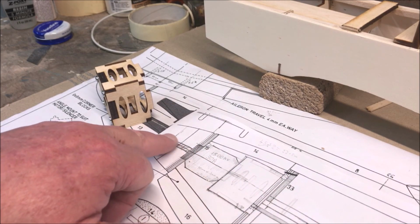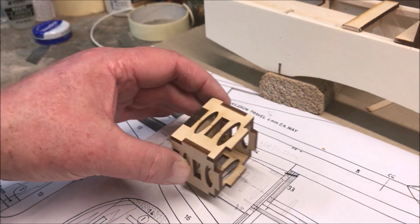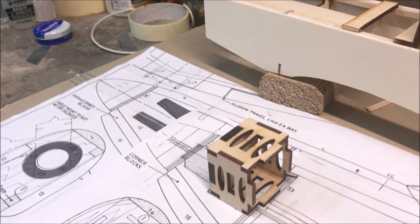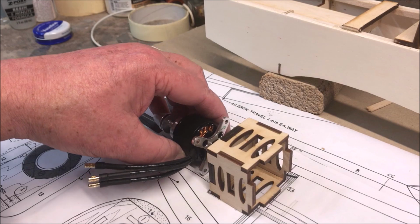I've offered this up and drawn this in. This is your motor mount with the screws in it, and that goes in that position there, like that. So what I was trying to say to you, because now my hands are not in the way, is that when you add the motor on,